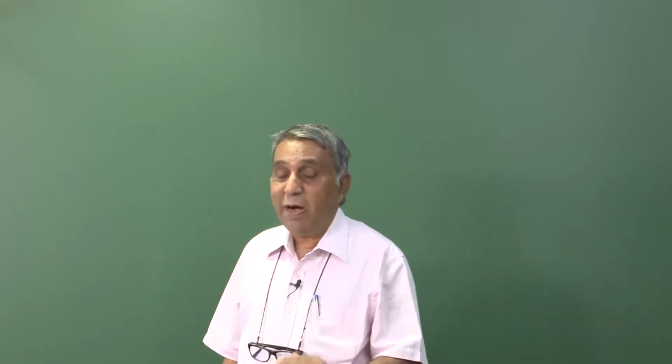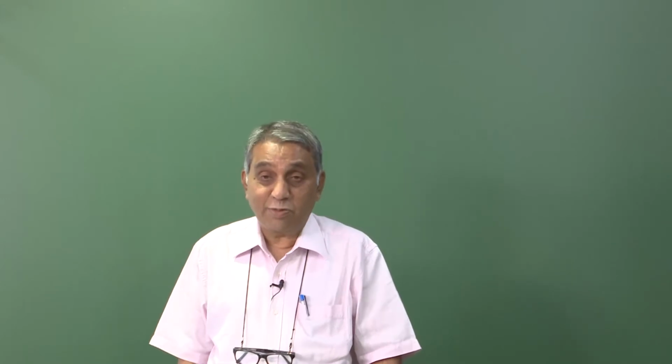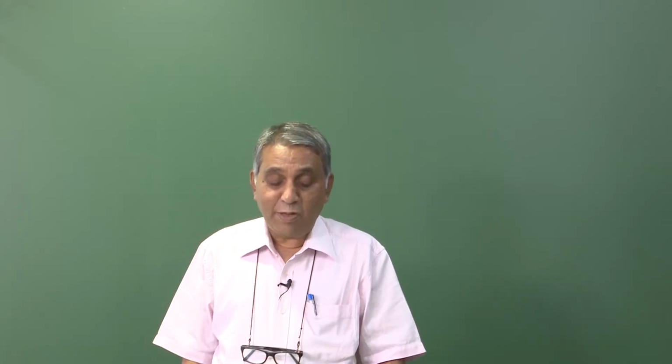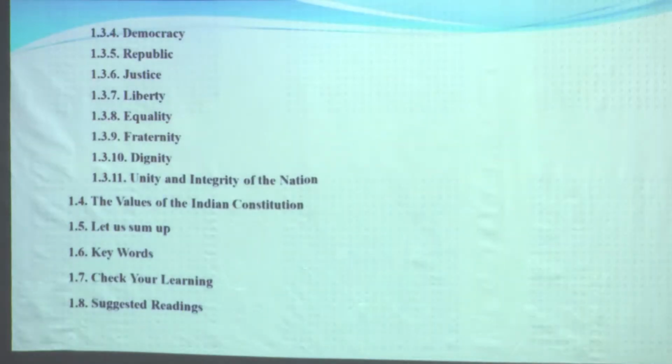Then it is divided into many sub-chapters like making of the Indian Constitution and its objectives. Then the next is devoted to the preamble, values and salient features. We will read out the entire preamble and then it will be subdivided. The values that we are dealing with are sovereignty, socialism, secularism, democracy, republic, justice, liberty, equality, fraternity, dignity, unity and